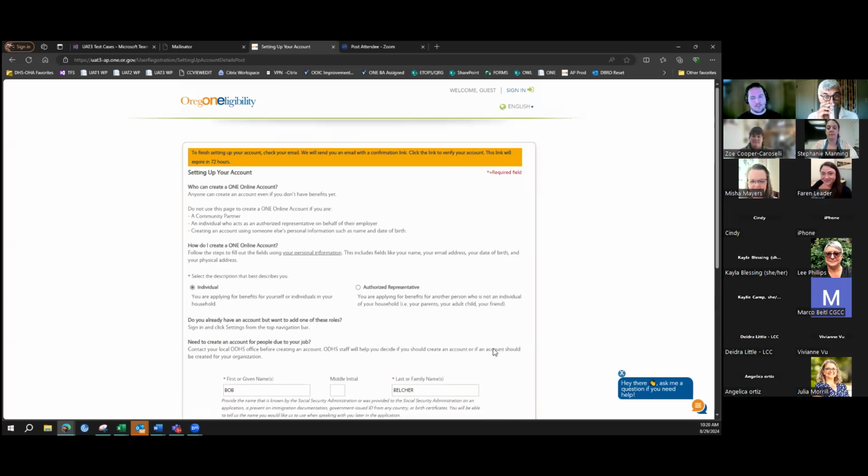So they would just select SNAP, and we'll see as we go through this application, the screens are dynamically displayed based on what program they're applying for. So it would take them through the application process, would show them screens specific to SNAP, and anything that was able to be pulled from the existing information in the system from medical would be populated there as well. But being that there's, as mentioned, different requirements, some things would need to be entered new for the first time, but that should be ideally the best way for them to apply for new benefits without having to complete a whole other paper application. It should be a little bit quicker and easier to do it that way as long as they're able to get set up and connected to their account.